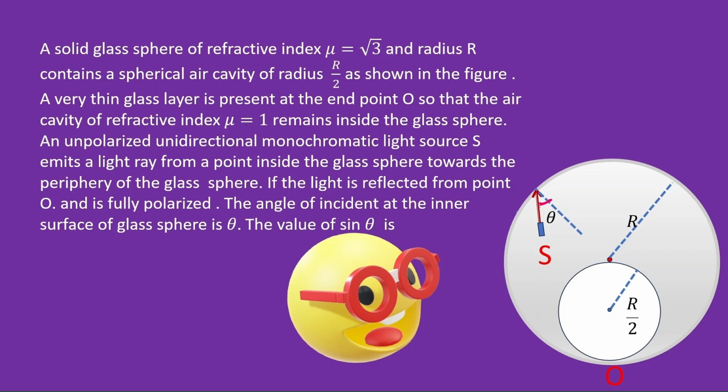An unpolarized unidirectional monochromatic light source emits a light ray from a point inside the glass sphere towards the periphery of the glass sphere. If the light is reflected from the point O and is fully polarized, the angle of incidence at the inner surface of the glass sphere is theta. The value of sin theta is